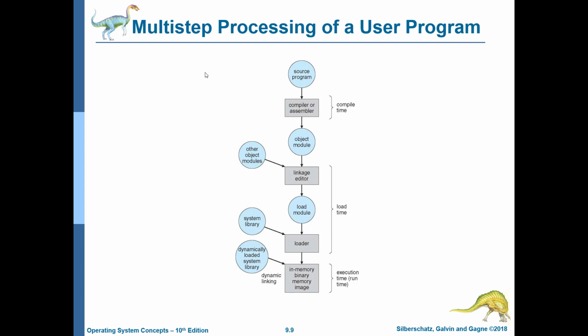It has been covered earlier as well: we have a source program. It goes through the compiler or assembler. It's compiled. Then what is produced is an object module. An object module is a .o file, and the source is, let's say, a .c file. There are other object modules, other .o files, DLL files, let's say .so in Linux for shared object, .dll in Windows. They can either be statically linked or, as we shall see, dynamically linked, but let's consider static linking for the time being. We link all of them and make one large binary.